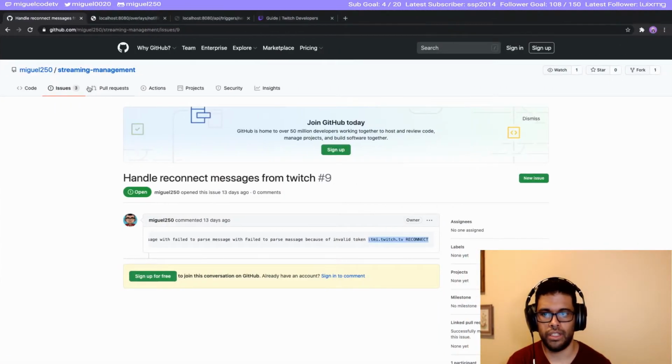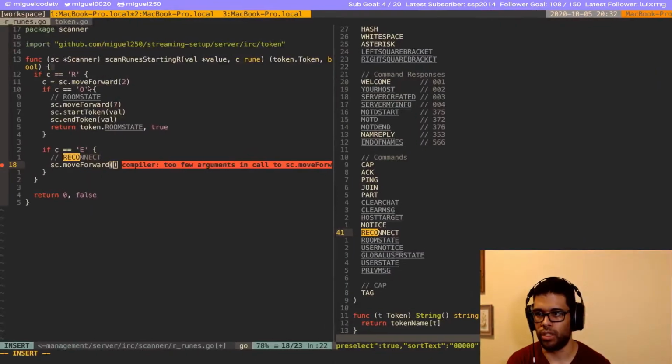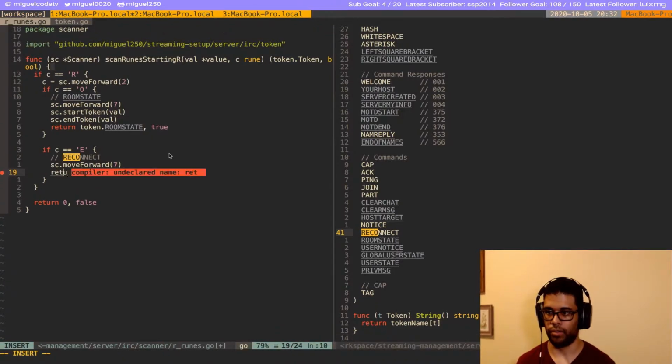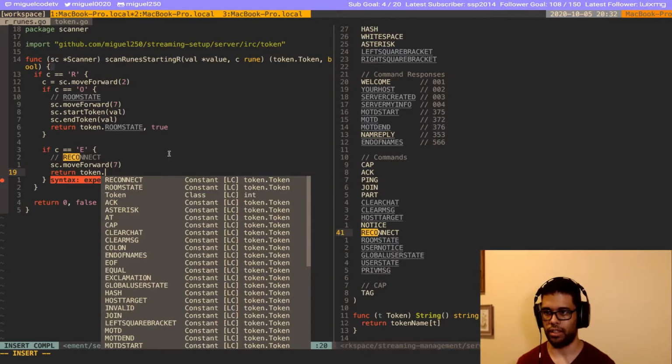Wait, I did something wrong. Oh, okay, so we moved 2 letters. So we are RE. Then we have connect. So 1, 2, 3, 4, 5, 6, 7. Okay, so 7. And then we're going to return token reconnect.